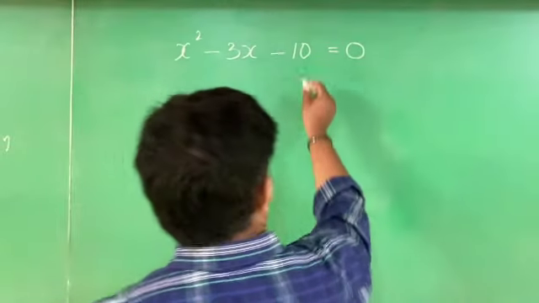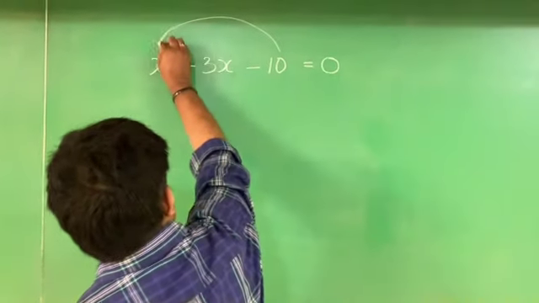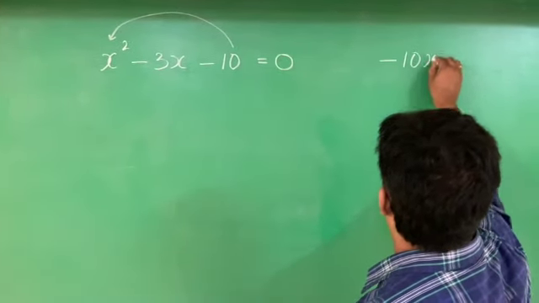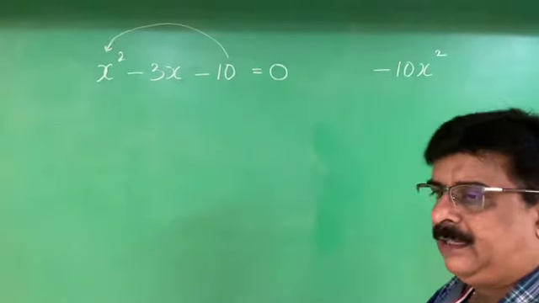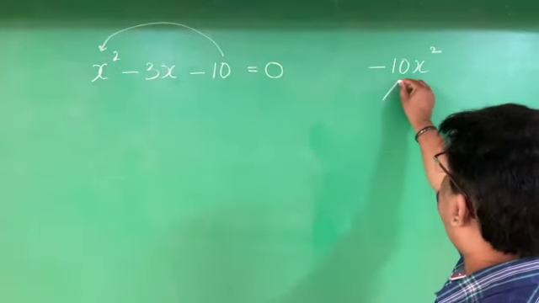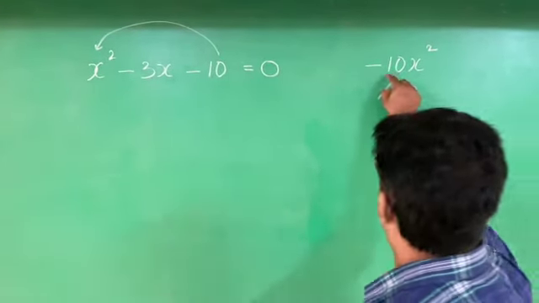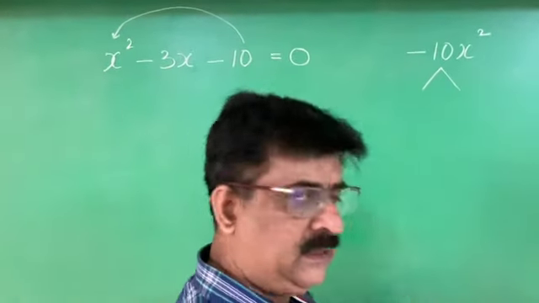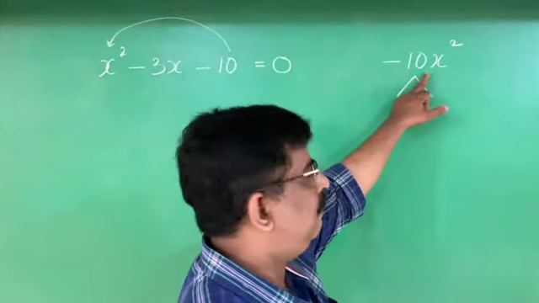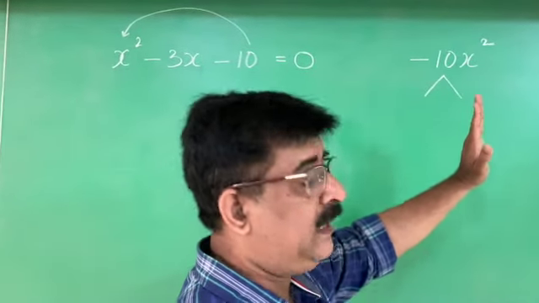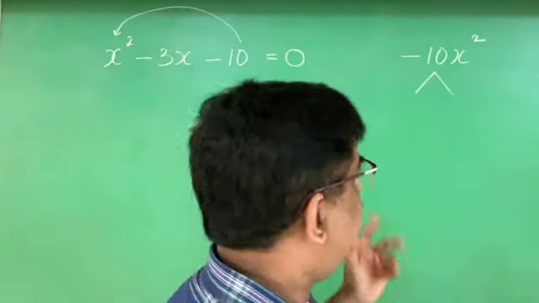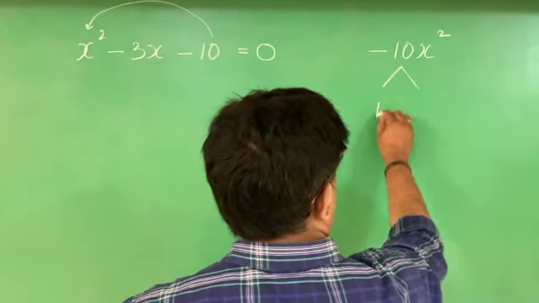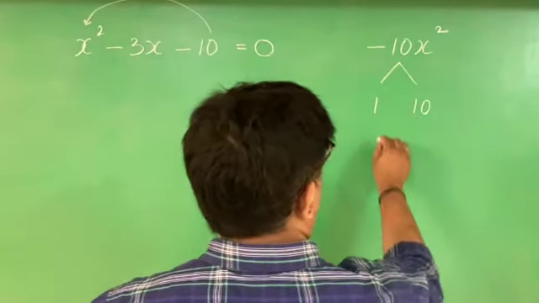See, first step is we are going to multiply the extremes. That is minus 10x square, right? Minus 10x square. Then list out the factors of 10. If the numbers are very small, it is better to list out the factors. If the number is bigger, then it is better to take the prime factors. That is the idea. The 10 is a very small number. The factors of 10 are 1 and 10, 2 and 5.